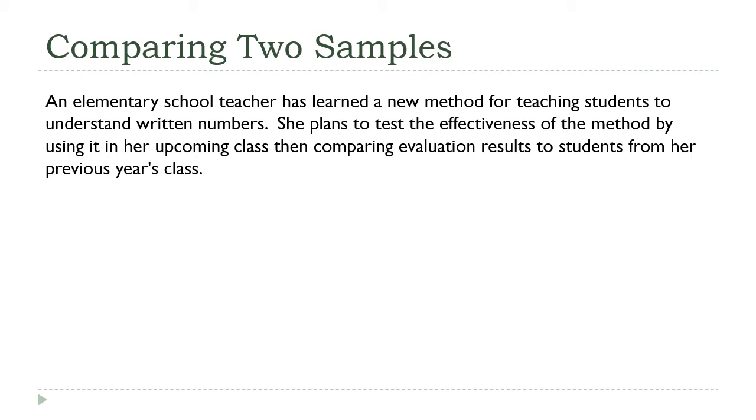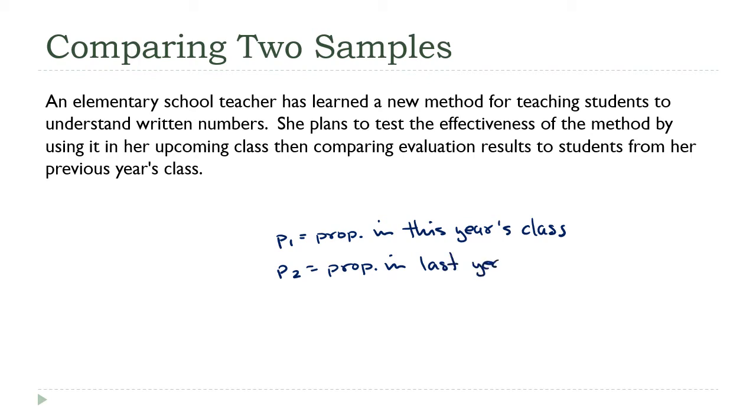Now I'll use P1 for the proportion of students who met some benchmark in this year's class, right? And P2 for the proportion who met the same benchmark in last year's class. Okay, now one of the nice things about these two sample comparisons is that the null hypothesis